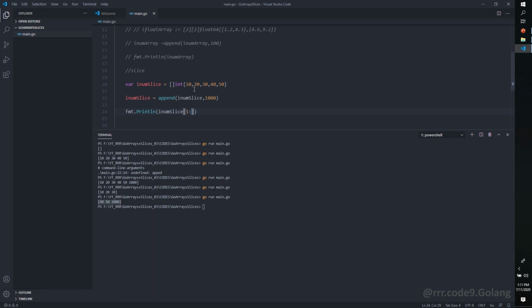Here we are giving 1 for 20. For 30 we have to give 3. So the index number plus 1 has to be given. Then run the code and see the output. Here you can see we could access 20 and 30.